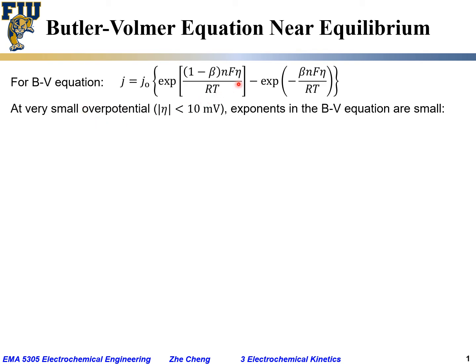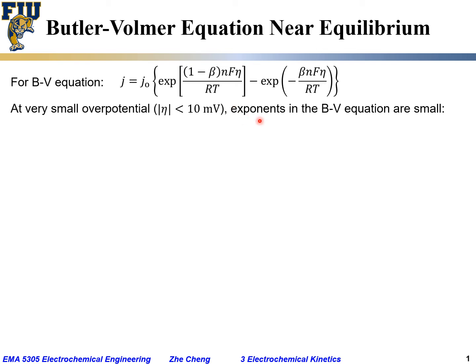We said overpotential is the potential difference between the actual potential for the redox or half cell reaction versus the equilibrium potential for the redox or half cell reaction. And when this difference or overpotential is very small, how small? We say the absolute value is less than 10 millivolts,